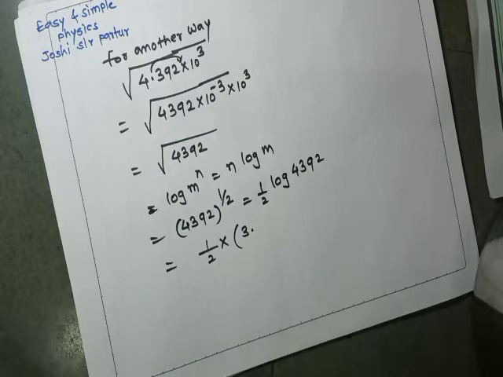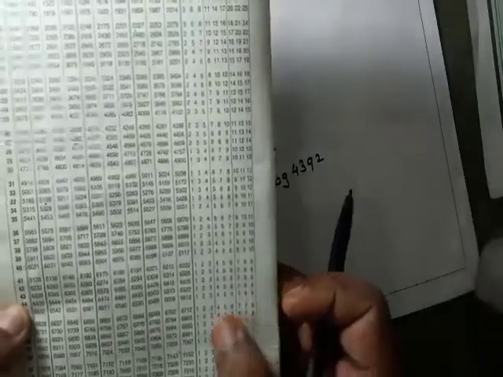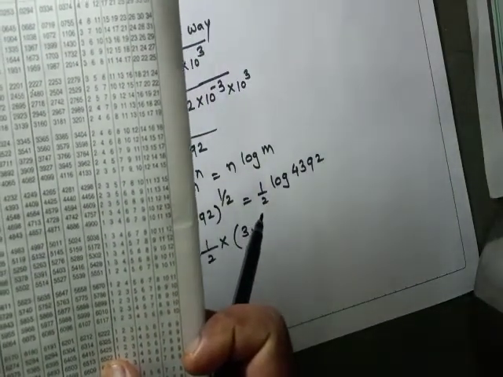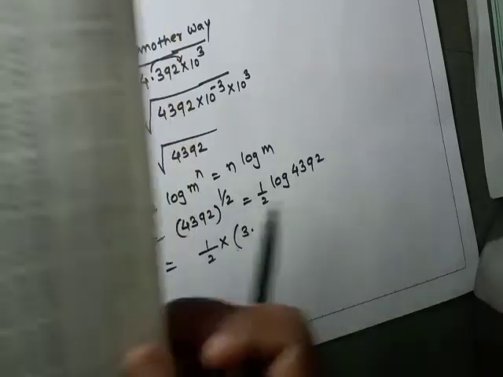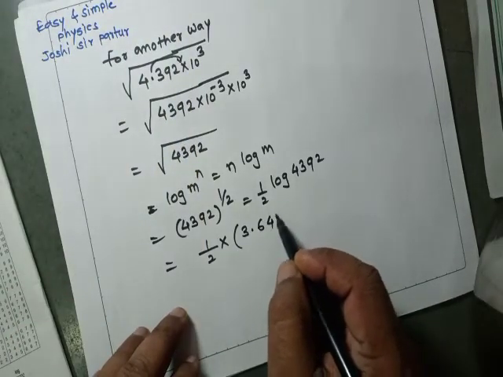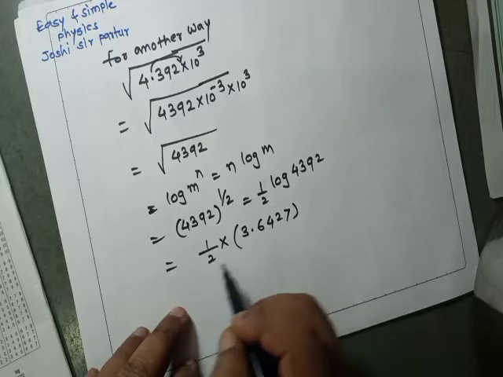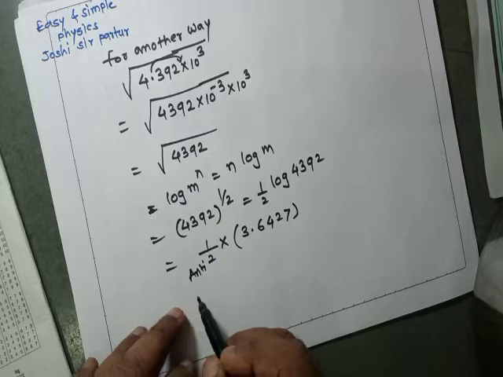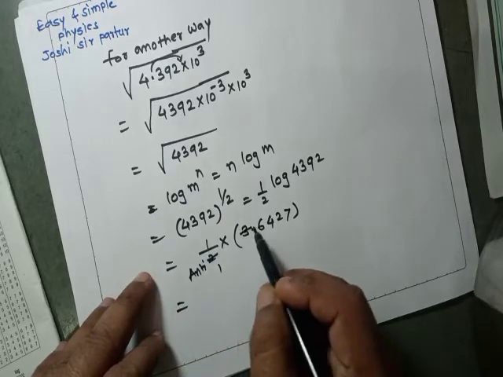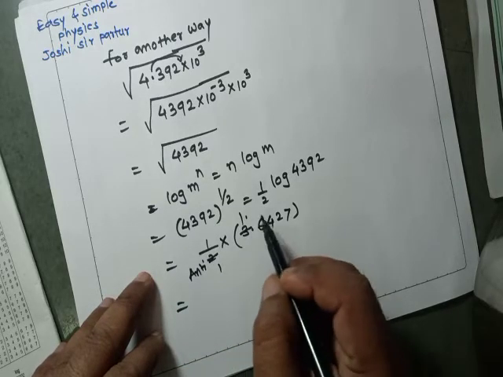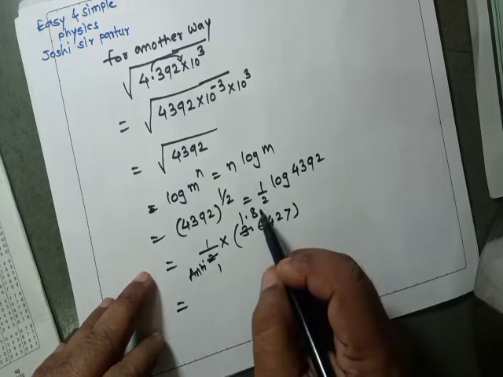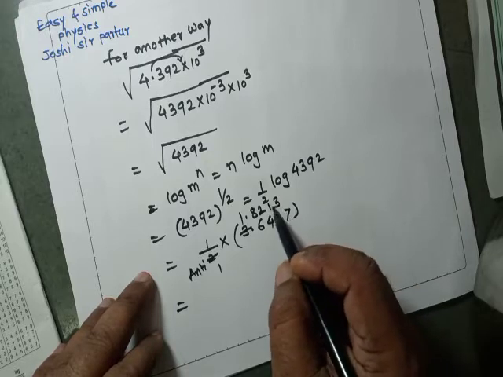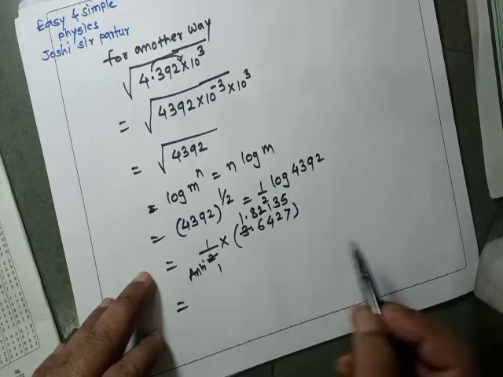So log of 43 in 9, that will be 6425, and 2, it will be 2, that is 6427. So 6427. If we divide by 2, then antilog is taken. So when 2 is divided, 1.1 is remaining, 2 8 the 16, 2 2 the 4, 2 1 the 2, 2 3 the 6, and 2 5 the 10.